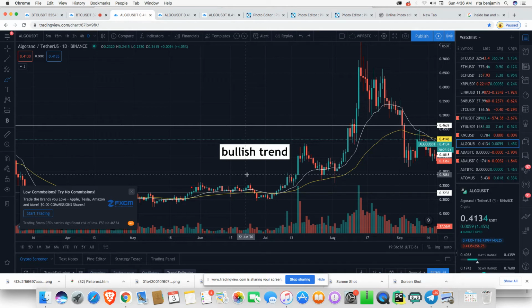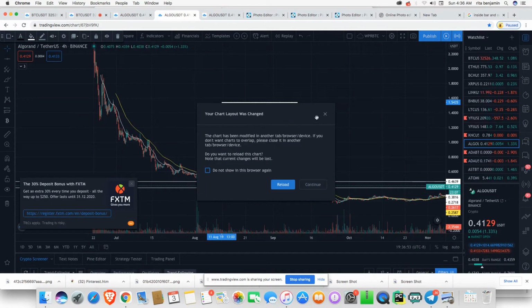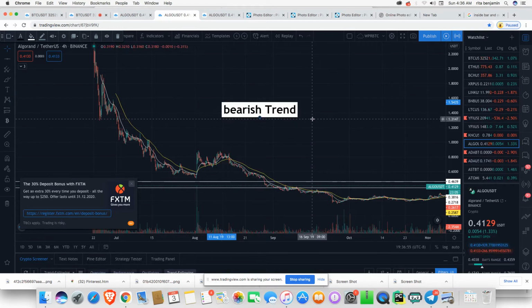Buyers are in charge. Buyers are likely going to make more money than sellers in a bull trend. So in the situation of the bearish trend, which is our next most important of what makes up price action, is the bearish trend, right? In the bearish trend, price is moving from the top of the chart, from our left